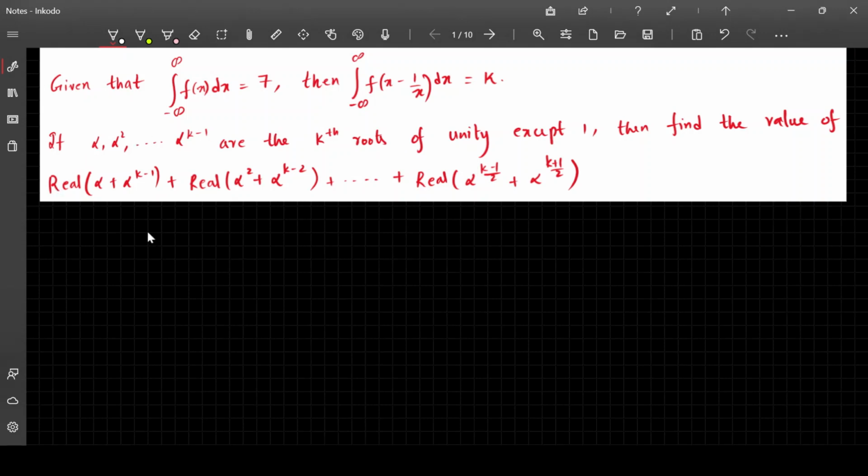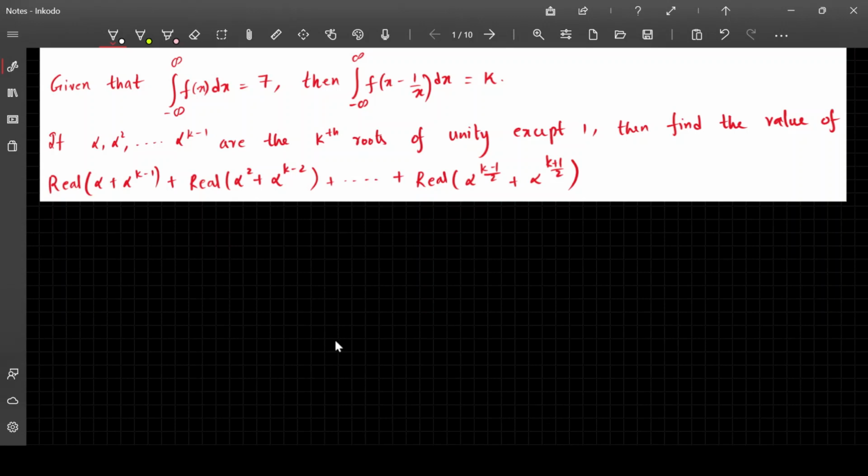I have taken this complex numbers question from a source, and to be honest, I could have changed this real to imaginary, but because I'm facing some health issues, I'm not able to focus much, but still it's a good question even with the real part involved here.